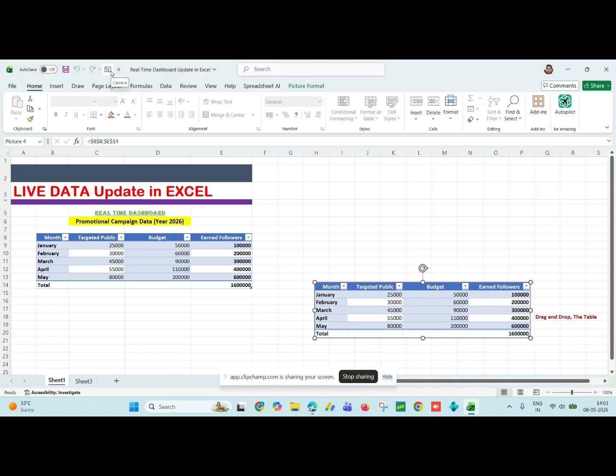And for the process, how you can use or implement this option for updating your dashboard live and in real time, you can check the full length video